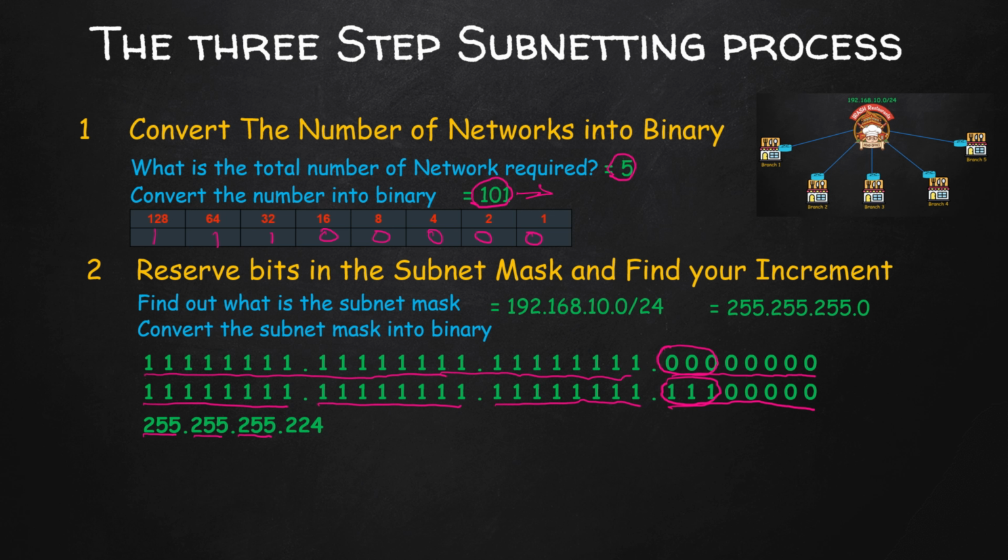So we have 128 here, plus 64, plus 32. When you calculate all this together, you get 224, and that is the answer. So when you convert this new subnet mask into decimal, you get this answer. So this is your new subnet mask you can use in your branch offices, that is